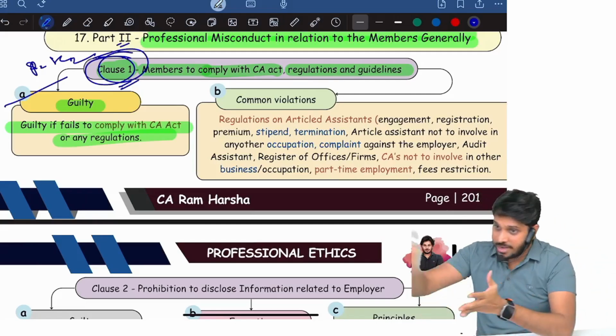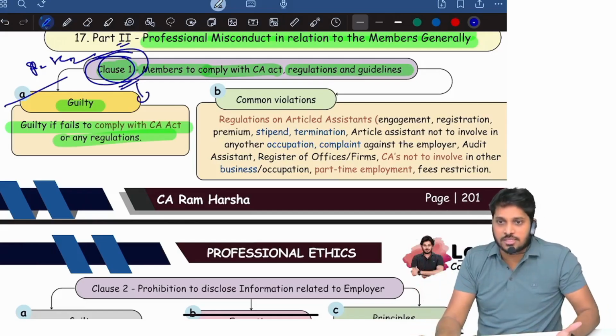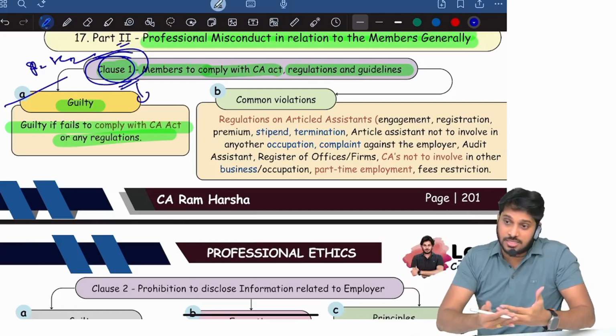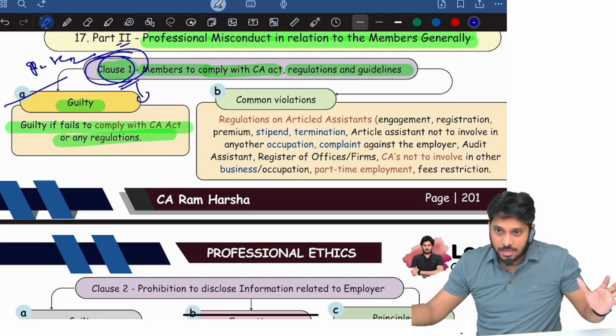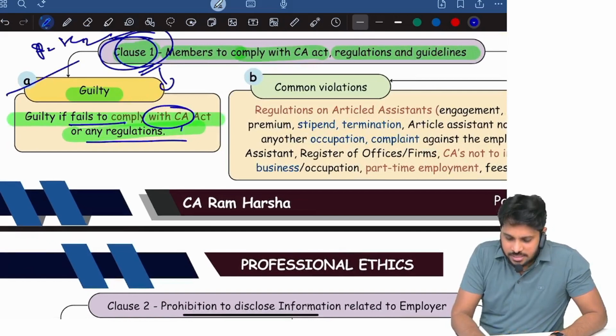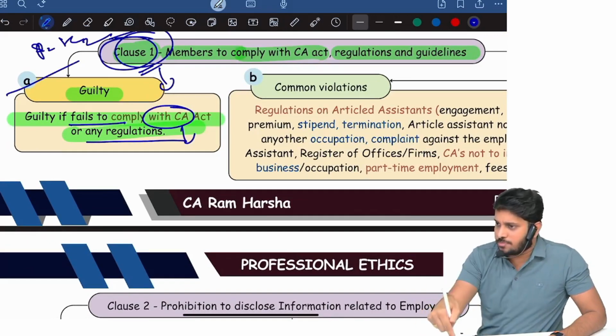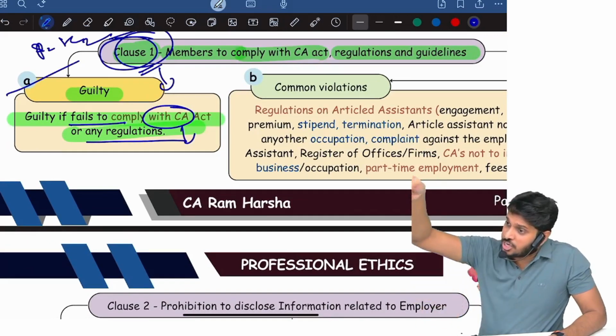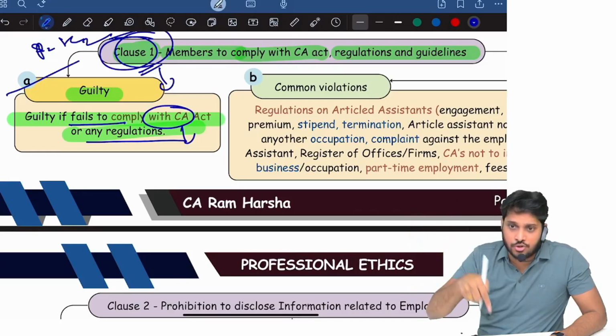Clause number 1 is a common clause everywhere, yes or no? What this clause says is: guilty if you fail to comply with the Act and regulations. Act means what? Act includes what? Schedules. So if you are failing to comply with a Schedule 1 requirement, automatically Schedule 2 clause number 1